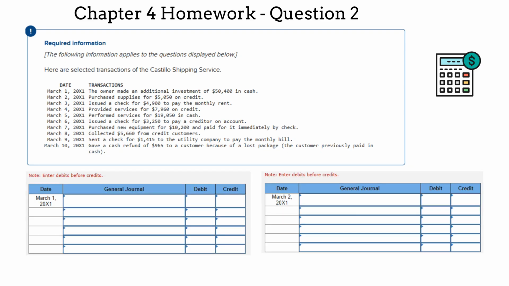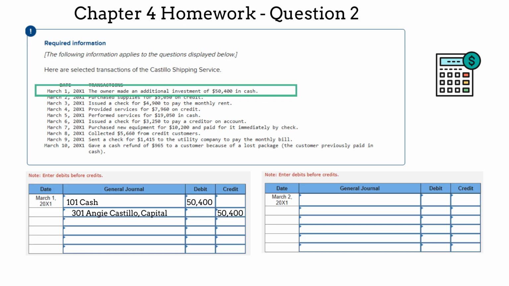In Exercise 2, we now simply fill in the information from Exercise 1. So, for instance, for the first transaction where the owner made an additional investment of $50,400 in cash, we determined that we need to debit cash and credit capital. So, now we write this transaction into the general journal. On the first line of the general journal, we choose the account 101 cash from the drop-down filter in the description column and enter the amount of $50,400 into the debit column. On the next line, we choose the 301 Angie Castillo capital account and enter the amount of $50,400 into the